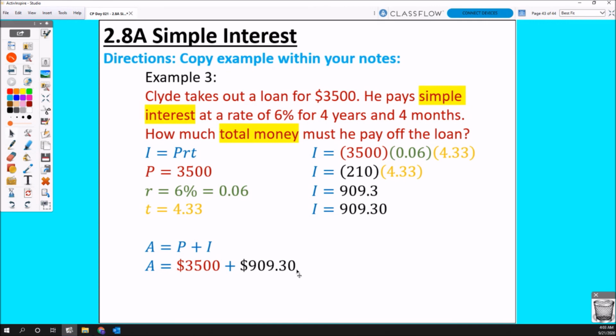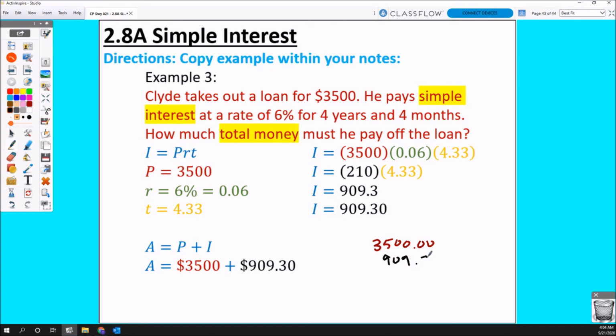$909.30. So when you're working this out, like I said, it's important you line it up with the decimal. As I've seen in the past, some forget about the decimal and did not line it up correctly. So you have to first write out $3,500 correctly in decimal form. So some would just start off as this, but they need to remember that since you work with money, you have to account for the decimal places for the cents. So once you identify that, now it's easy to add correctly or subtract correctly. In this case, we had to add